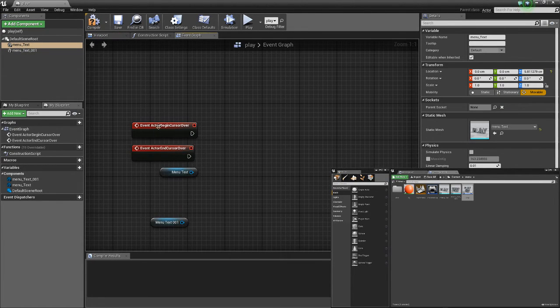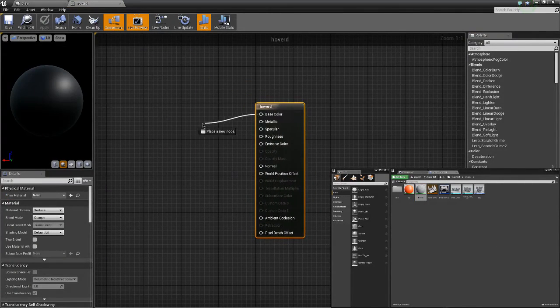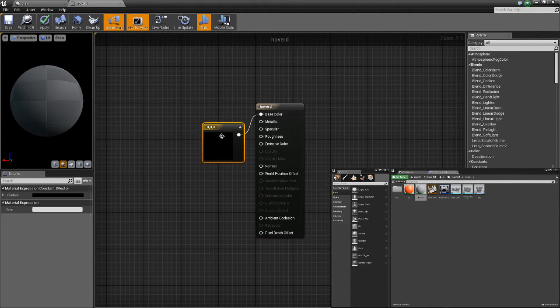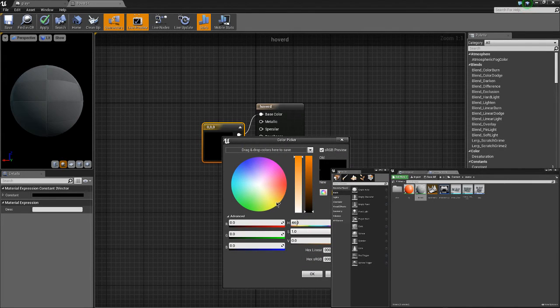So menu text here is play, so on mouse over, create a new material for this, and we'll make a vector 3 for that. I'm going to make this yellow,